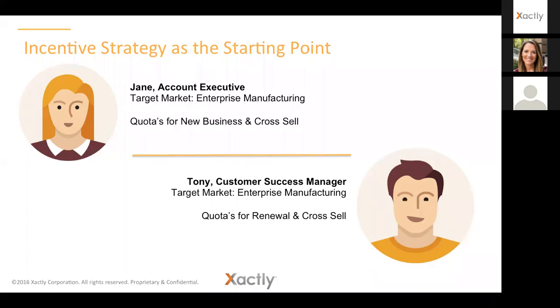And so maybe in a really good year, Jane brings on 10 new customers, but Tony is able to have quite a backlog, and maybe he's supporting 50 or 60 or even 100 existing customers. And so the commissions paid in those arrangements may be significantly different, right? And we need to know that information as we get ready to identify what we need to calculate the appropriate amortization periods for.